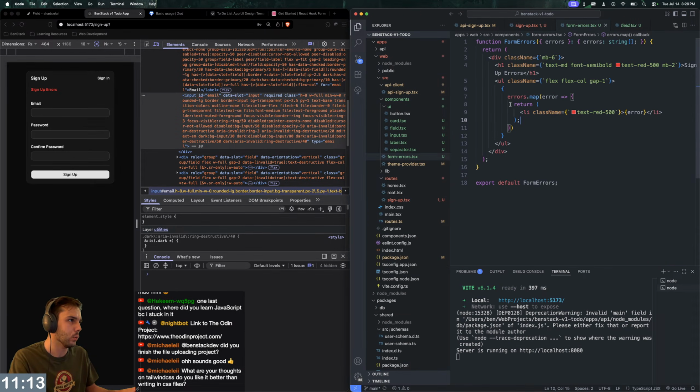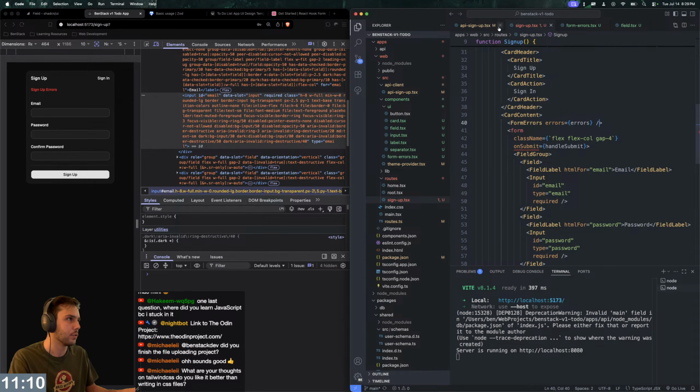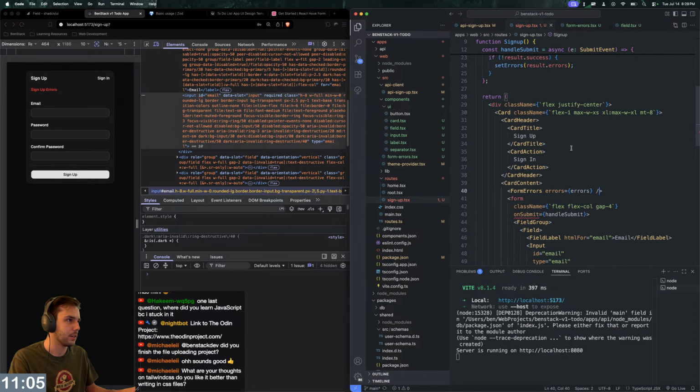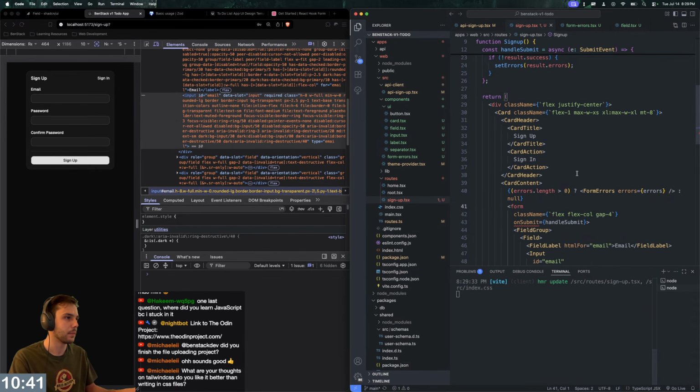We actually need to not render this if there's no errors, right? So what we need to do is modify this guy a little bit. So we need to do errors.length greater than 0 and this maybe? Or do I need to do? Okay. There we go. Now, if we put in bad stuff here, okay,